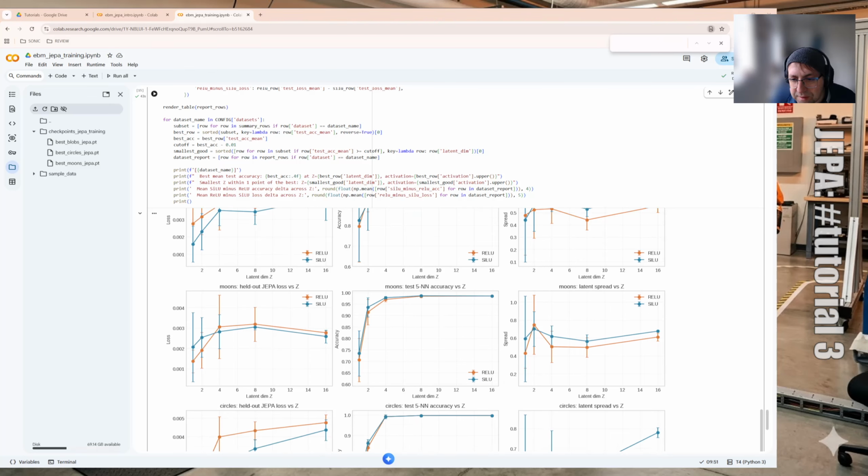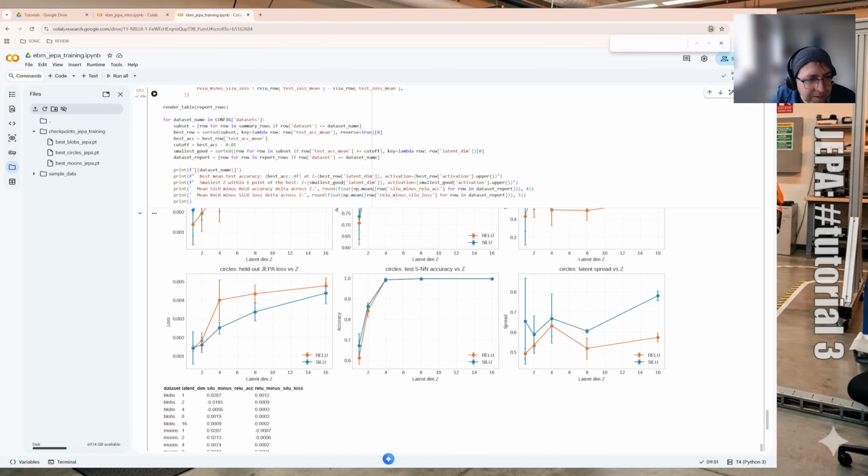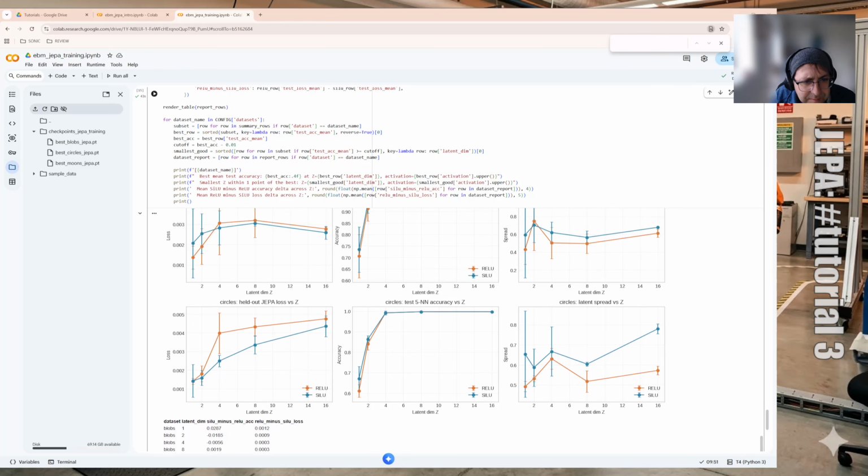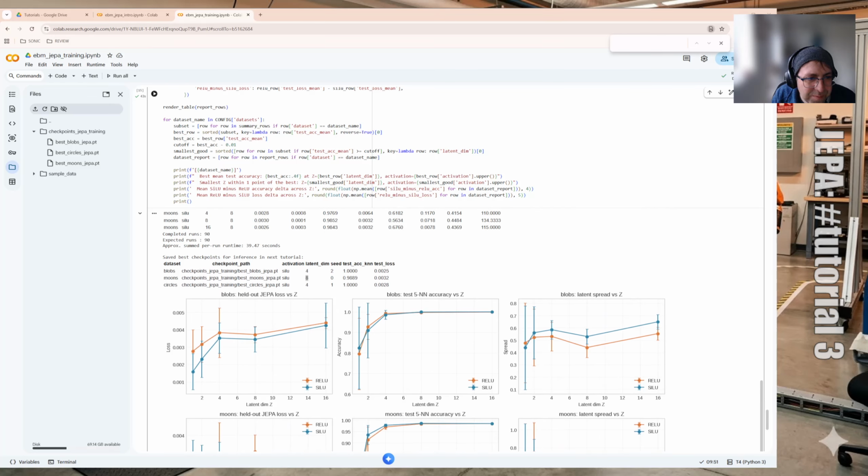And if we look at the circles, it's kind of learning, so the loss is still going up, but in terms of accuracy, it's kind of surprising. It's really good at 4, but I was expecting it to be at 8. But I think 4 is already very close to the best, right? So that's why my approach picked 4,